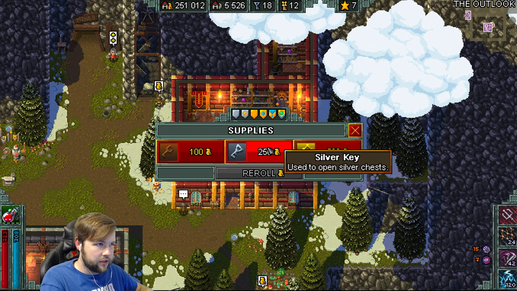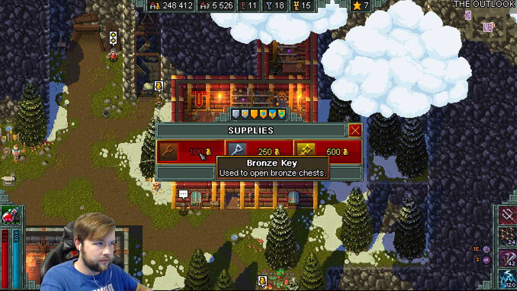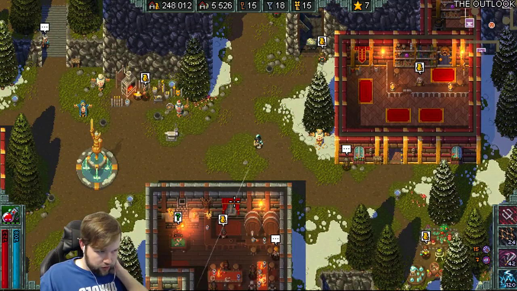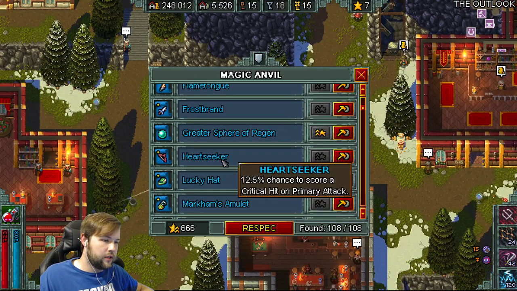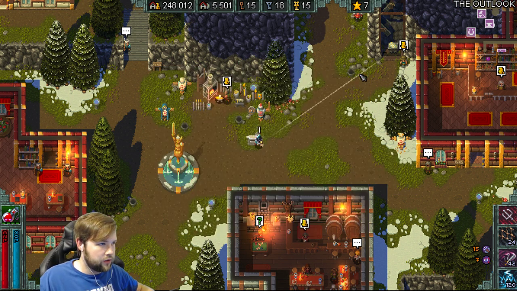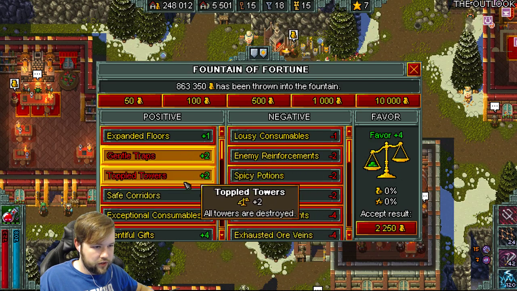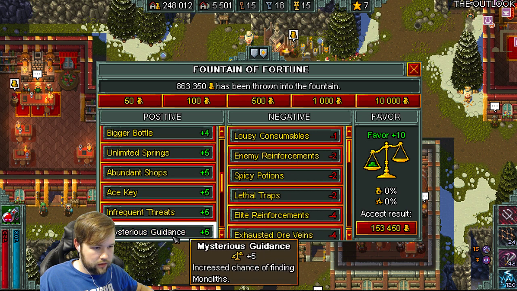And we actually ran out of silver keys last time, so we're gonna up our key count a little bit. We're just kind of unlucky because all your bronze keys went up to silver keys, you got kind of lucky there, but then your gold chest went down to silver chests, and that's really the only way you can use all your keys, is just get so many of one type of chest at the cost of all the other ones. So still doing general traps, top of tower, safe corridors, plentiful gifts, and I really like mysterious